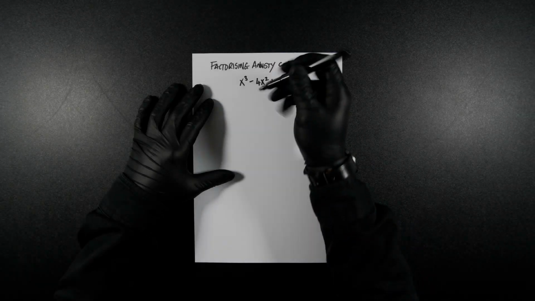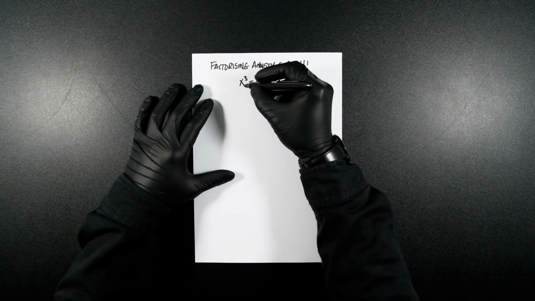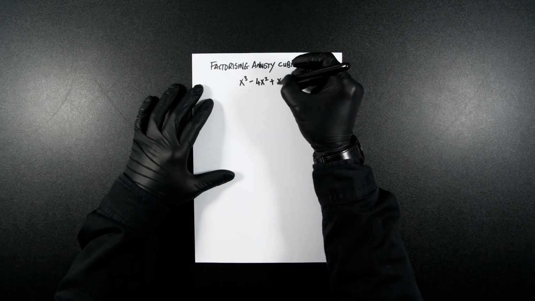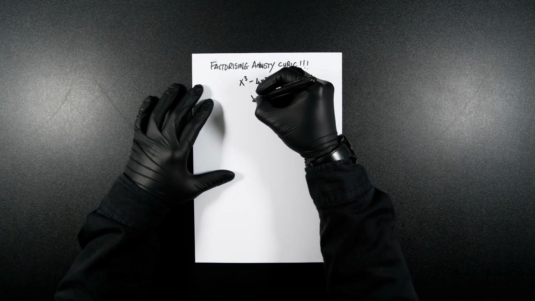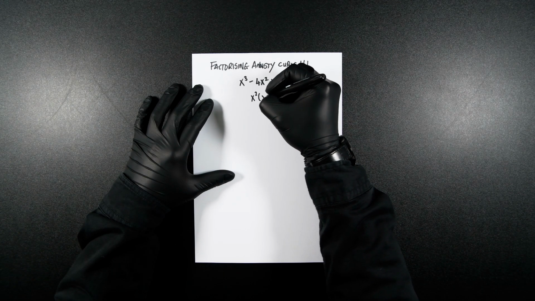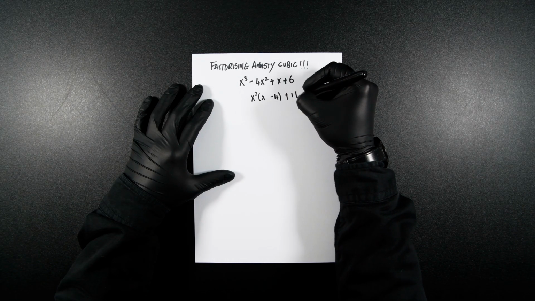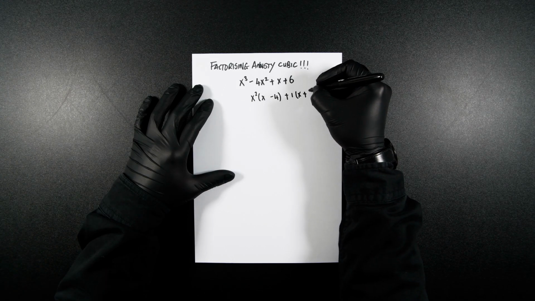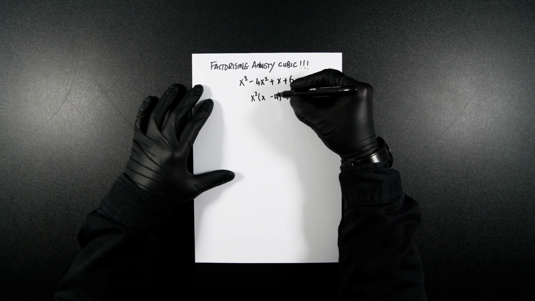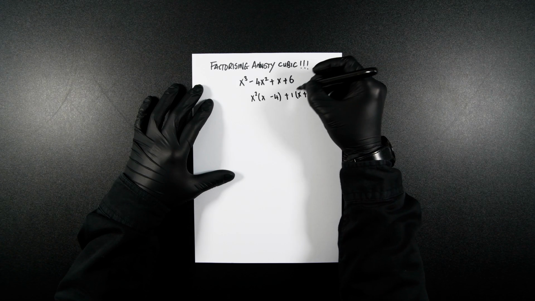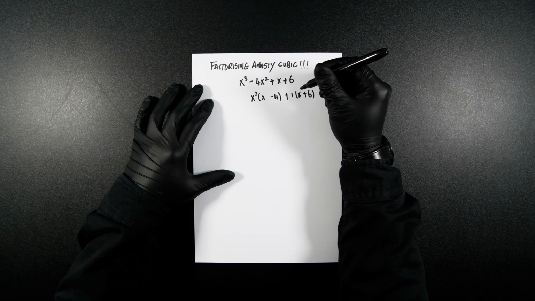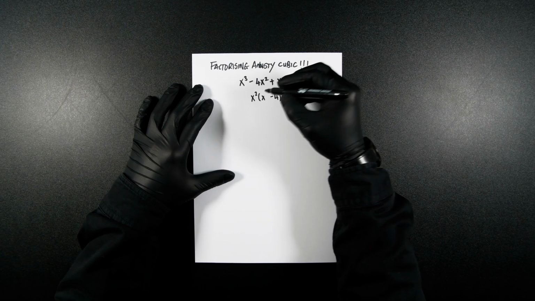So let's factorize this cubic. Usually we group the first two terms and the last two terms, but if we do that and you pull out, let's say, x squared, x minus 4, then let's pull out 1, which is common on the second two terms. These two are not similar, so we can't factorize them,